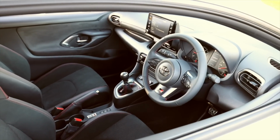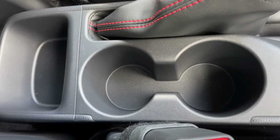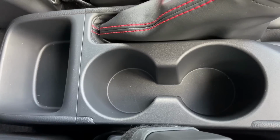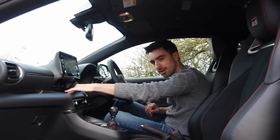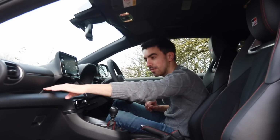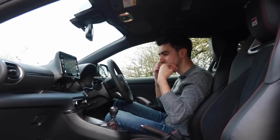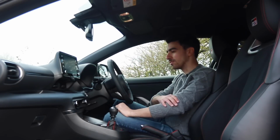It's quite a plain design, but at least it's got practicality. I've got a pair of decent cup holders down here and a small tray behind that. You've also got 2 trays on top of the dashboard. This one in the center has got a slightly grippy surface while the other one doesn't. So I have my phone stored on there. And as soon as I unleashed the full 257 brake horsepower, it flew straight off and would have taken out